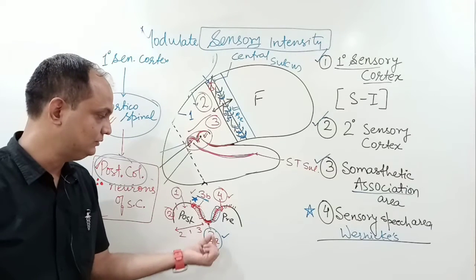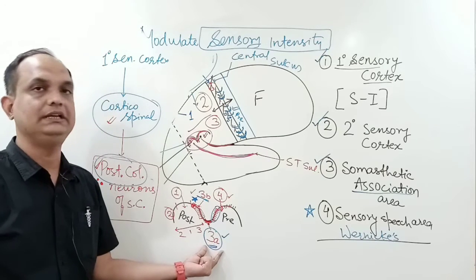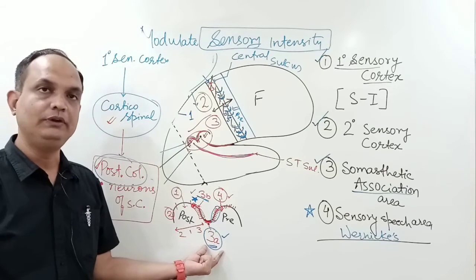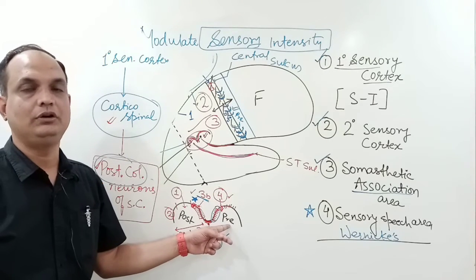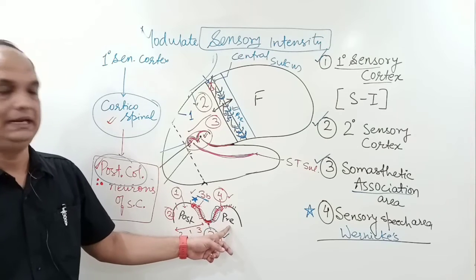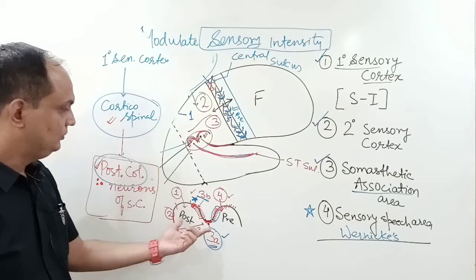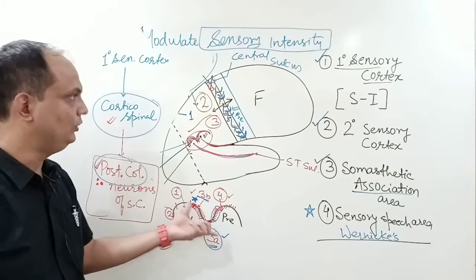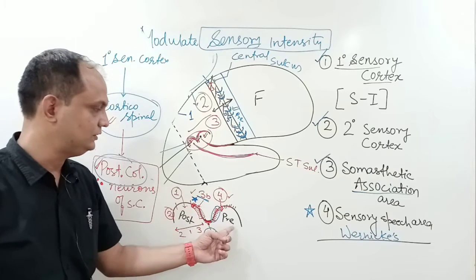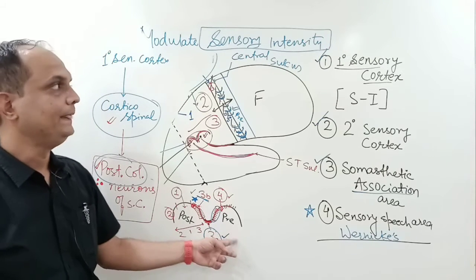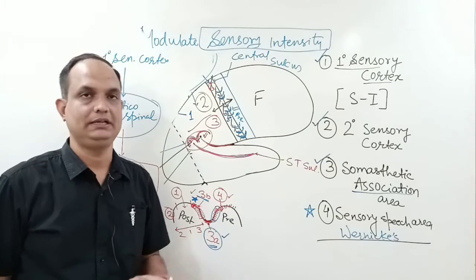and 3B is concerned with the exteroceptive fibers like pain, touch and temperature. Now the fibers coming from the muscle spindles mainly relay into this area 3A, and the output will go from here to the primary motor cortex in the precentral gyrus, and that will influence the motor output. So what is the role of this 3A, 3B? They also give projections to the motor cortex. So that is about the primary sensory cortex.